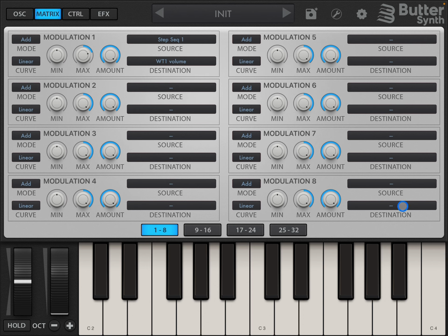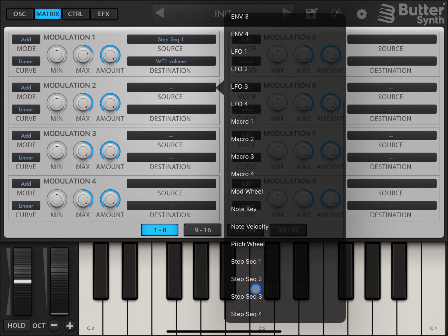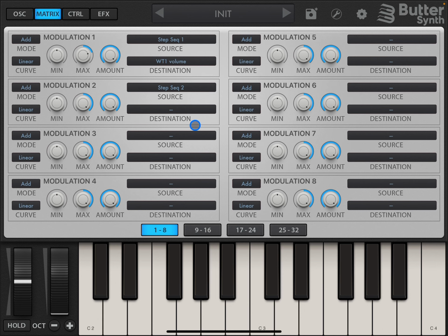I'll show you some other effects. So let's go to step sequencer 1 again. So here we go. Actually, we'll select step sequencer 2. So step sequencer 2. And then what we'll do, might sound crazy, but we will go to,